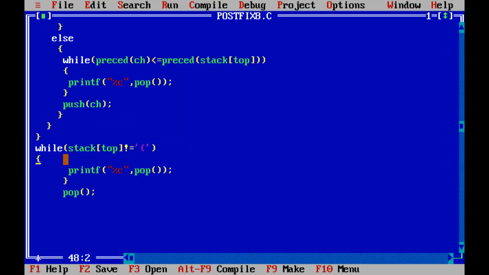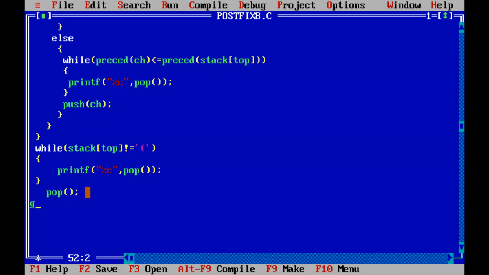I hope it is clear. So one more time we will have the same code: after coming out of the for loop, popping out and printing, and then we will pop out the left parenthesis so that our stack is empty. Now, what bracket is remaining?